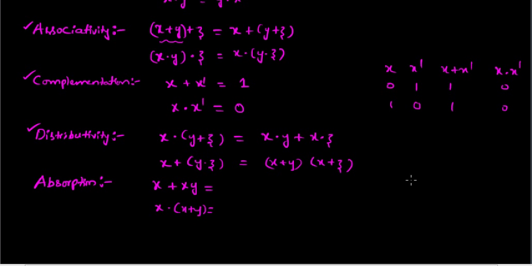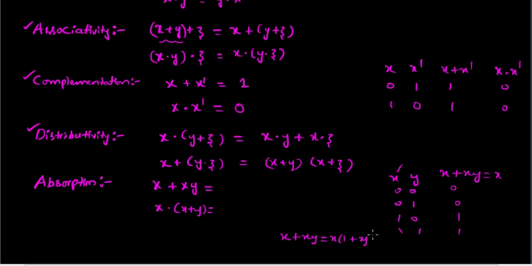So if you try doing that by using the perfect induction method, what we have been doing so far, let us do that. x and y: 0 0, 0 1, 1 0, 1 1, right? X plus xy. If you do this, you're going to get 0, 0, 1 and 1. So if you observe this, this is going to be x itself. So x plus xy can be written as x. So how do we prove this? Okay, so this x plus xy can be written as, again you can take x common,